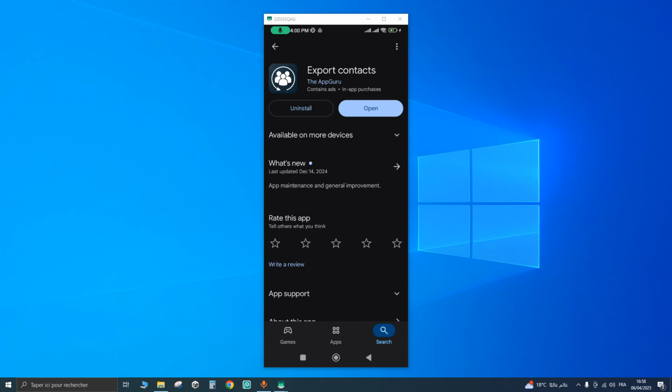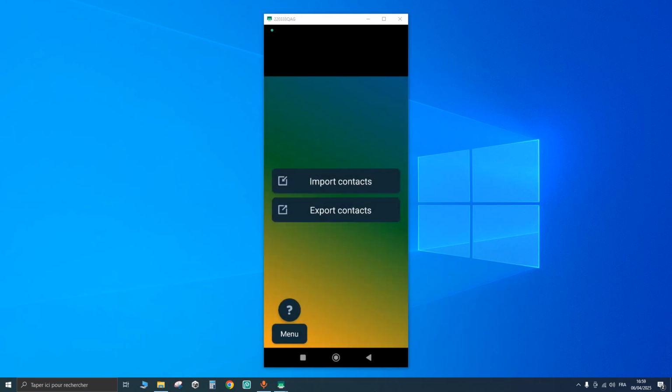Hello everybody, today we're gonna see how to save your mobile contacts into a laptop. First, you need to install this application. After that, open it. This application will help us exporting all our contacts to a file, then save this file